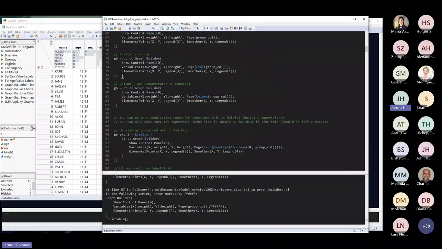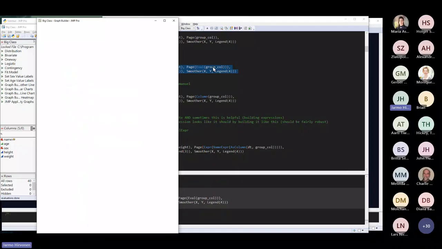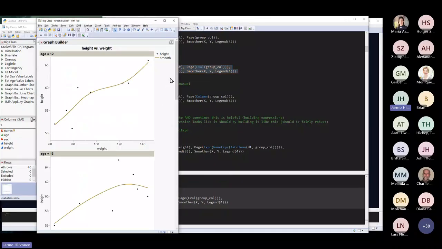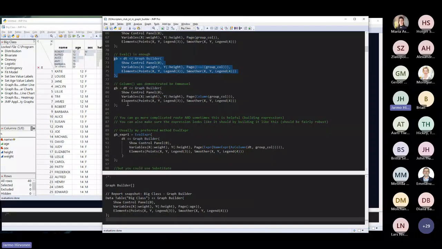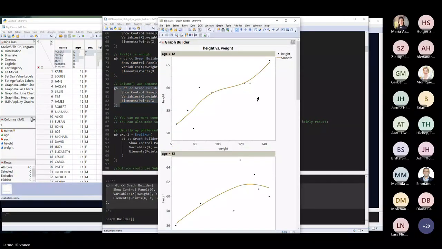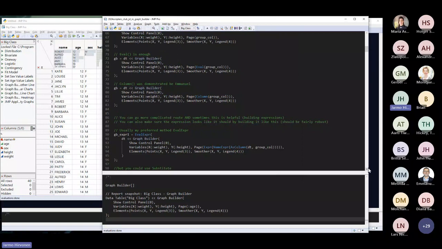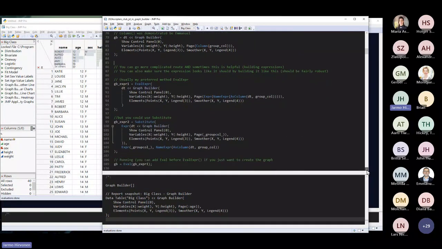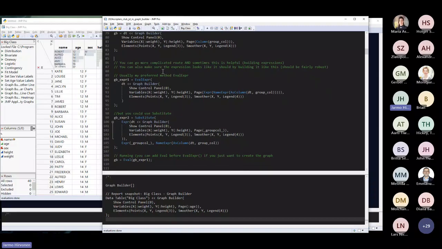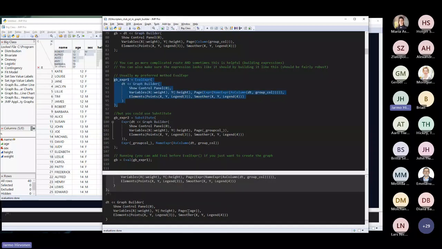So we have multiple options. We have Eval, we can evaluate it. Usually this is the simplest way I would start with. In this case, it will work. It did show the column. And then sometimes you might want to do something more complicated and build the expression. My preferred method is usually using Eval Expr. So here, if I run this, you can see that this complicated thing inside age has been replaced with the reference to age